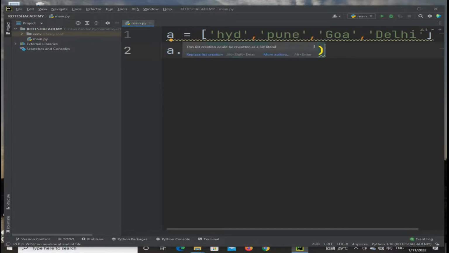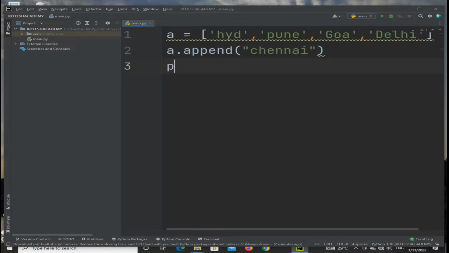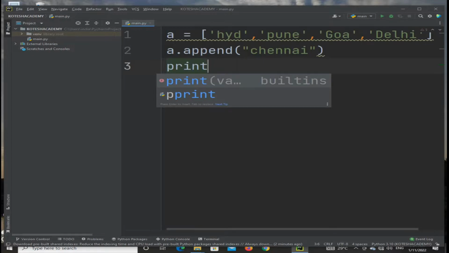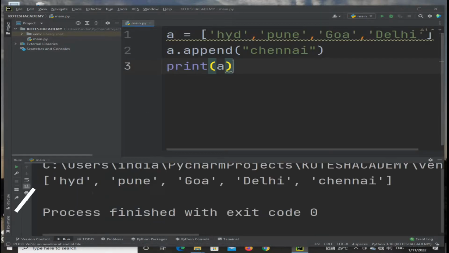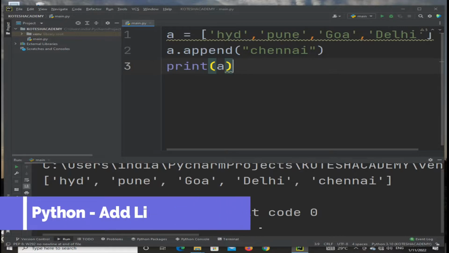If you write the function for A, there are 4 items, and including that you will get a total of 5. Then print of A. Run the process. The first one is Hyderabad, next one is Pune, third one is Goa and fourth one is Delhi. At the end we are adding Chennai, that is called the append item.